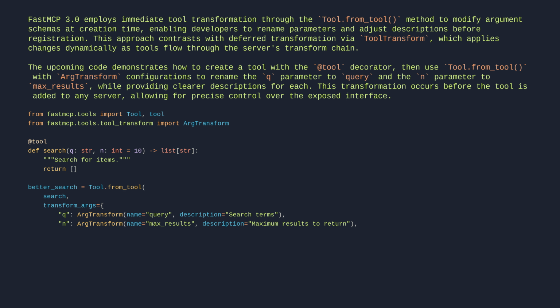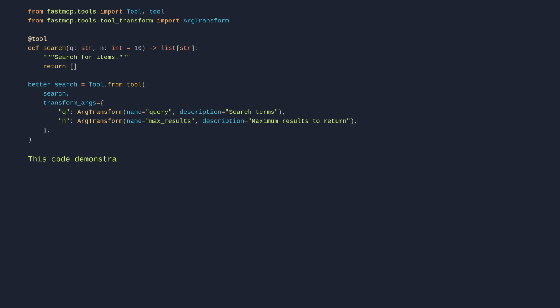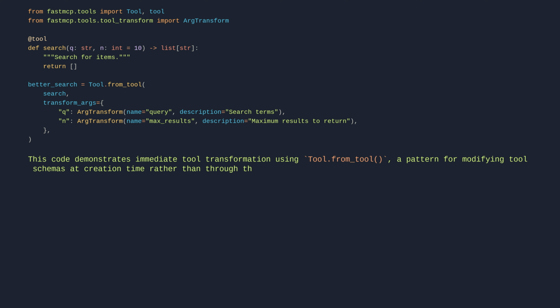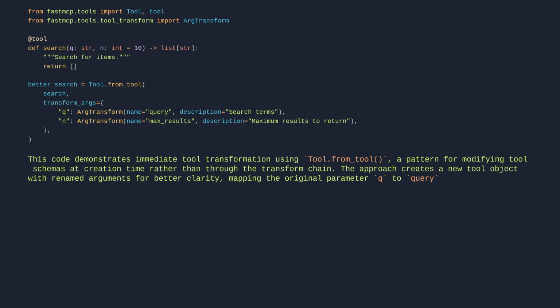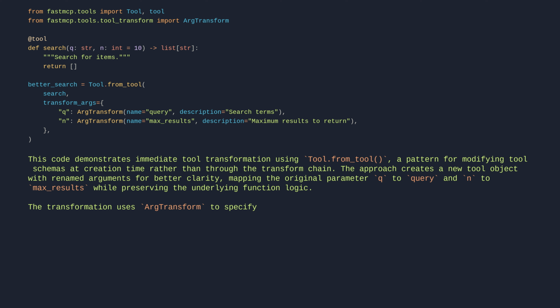This code demonstrates immediate tool transformation using tool-from-tool, a pattern for modifying tool schemas at creation time rather than through the transform chain. The approach creates a new tool object with renamed arguments for better clarity, mapping the original parameter, Q, to query and N to max results, while preserving the underlying function logic. The transformation uses ArgTransform to specify new names and descriptions for each argument, maintaining the same type signatures and default